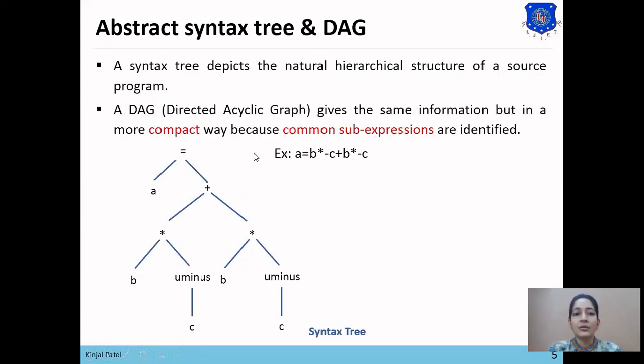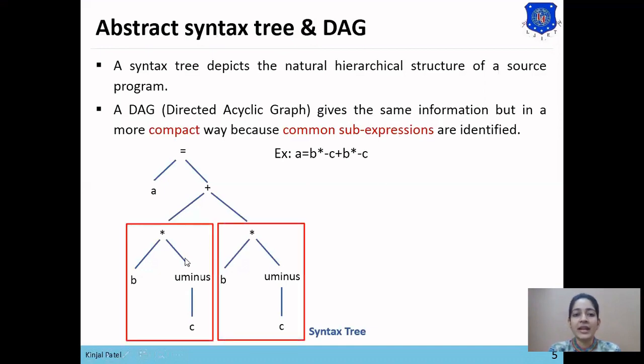Now how to construct DAG for this expression. So DAG means directed acyclic graph. Abstract syntax tree gives the same information but in more compact form because common sub-expressions are identified. Here you can see that in this expression common sub-expressions are used, for example, B star minus C, B star minus C. This sub-expression is being repeated.